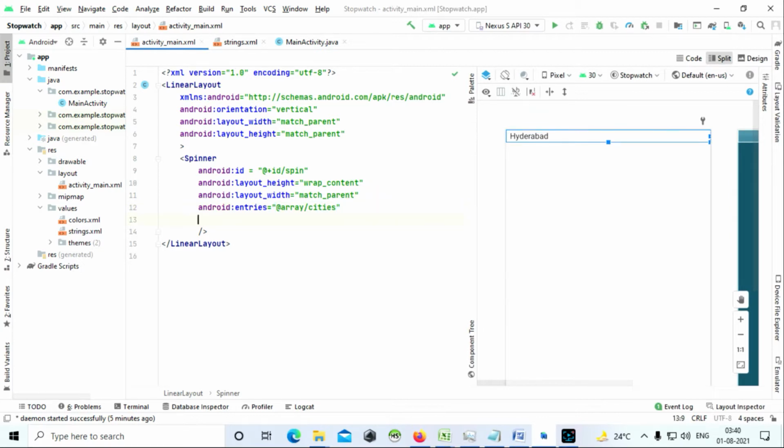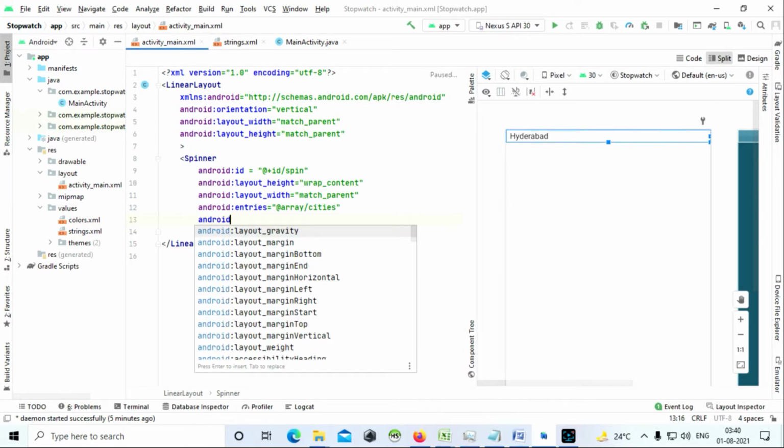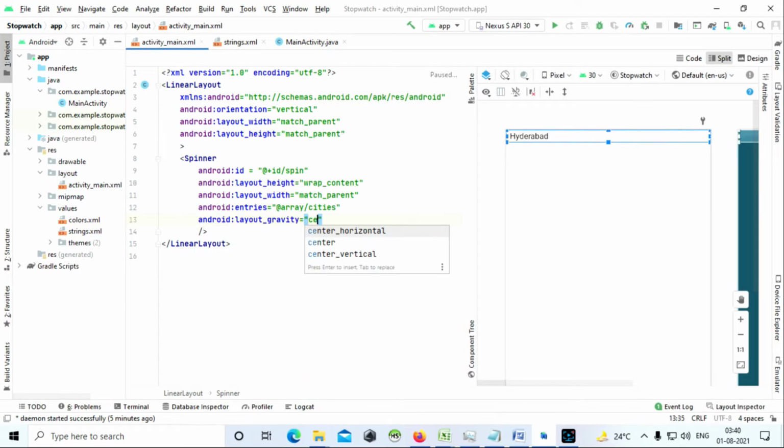One more thing. We want to keep this spinner in the center, so there is one more property called layout gravity. Android layout gravity center. So it's going to center our component. It doesn't actually matter, but I'm aligning all of them in the center. Any other property that I'm left with?